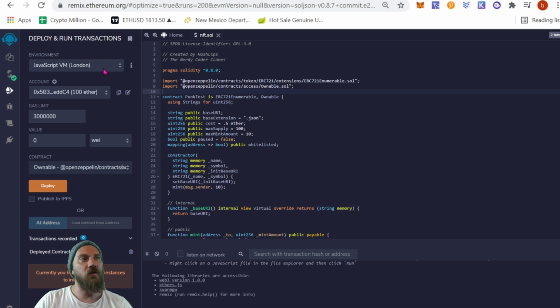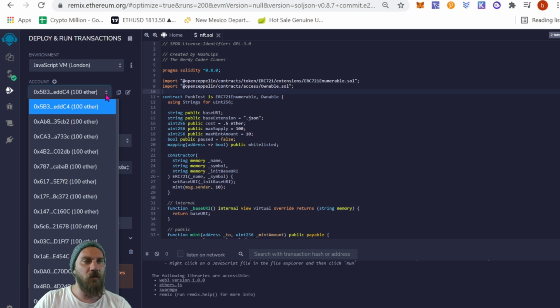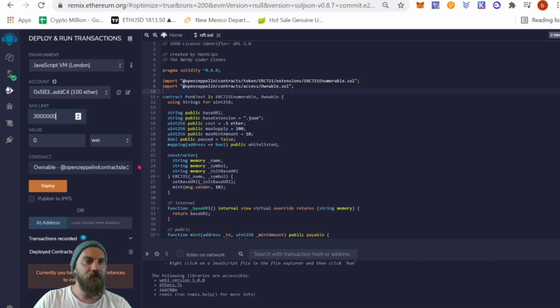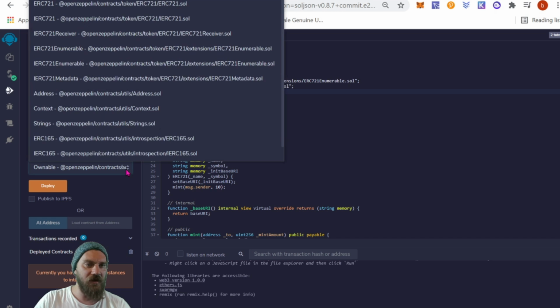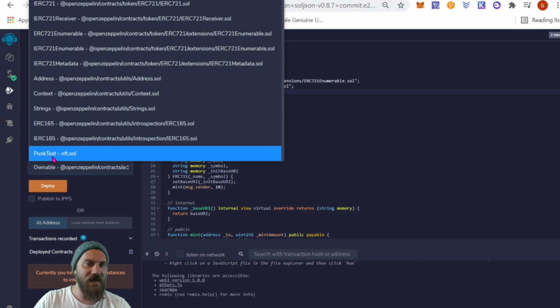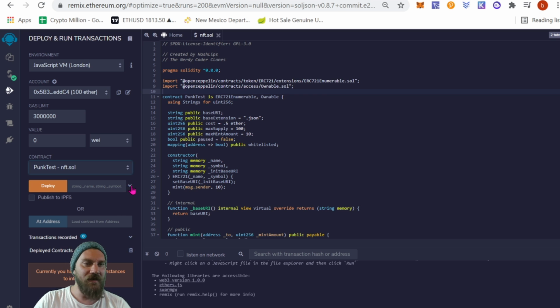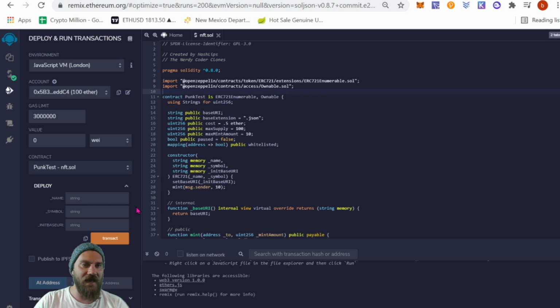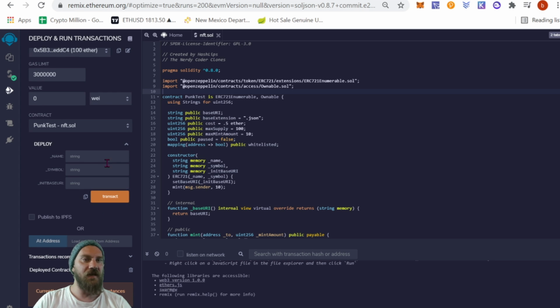This is going to be a local testnet using JavaScript, and it gives you a bunch of test wallets with 100 Ether in them. Okay, so if everything looks good and we want to deploy this contract, what we can come down to is our contract right here and choose the contract. So for us, it's going to be this Punk Test NFT.sol. Next, we want to click this little button that drops down and gives us the information that we want to type in. There's a few options here for you guys, and let me just see if I can scroll that up so you can see it a little bit better. There we go. So we're going to name our contract again. It's going to be Test Punks or Test Pumpkins, and the string.